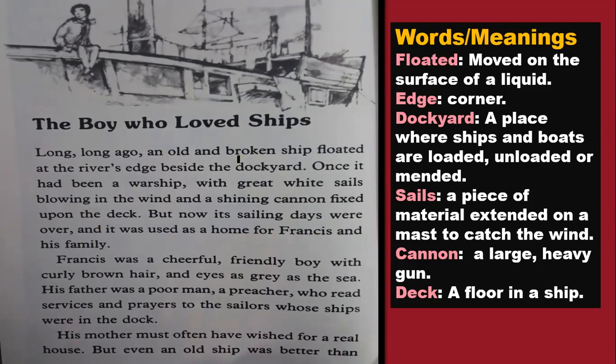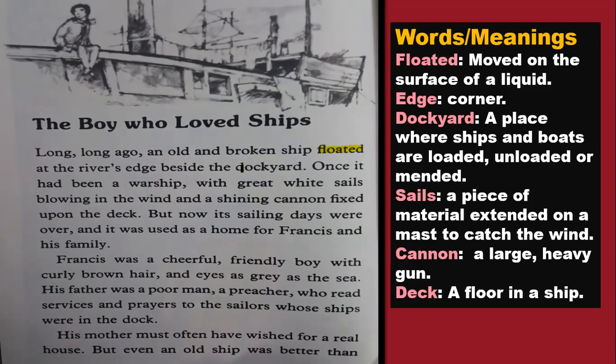There was an old and broken ship that floated at the river's edge beside the dockyard. So what is to float? Underline the word floated. Floated means moved on the surface of a liquid. So if something is moving on the surface of the liquid and it's not going in the liquid or in the sea, then we say it is floating. Okay, so there was a big ship that was old and it was broken. That means it was so old that it was actually broken from different places,